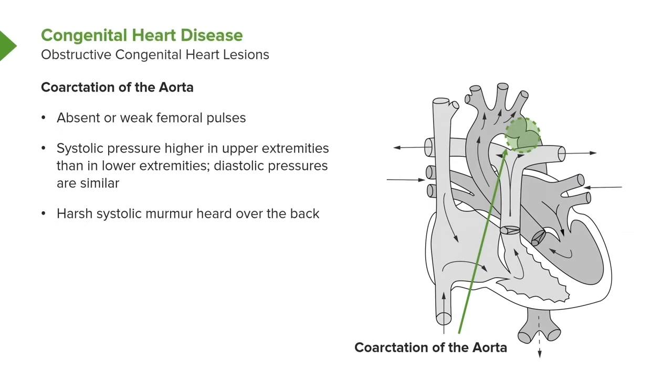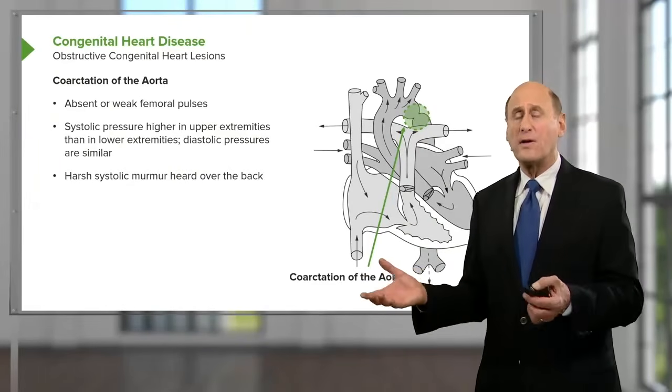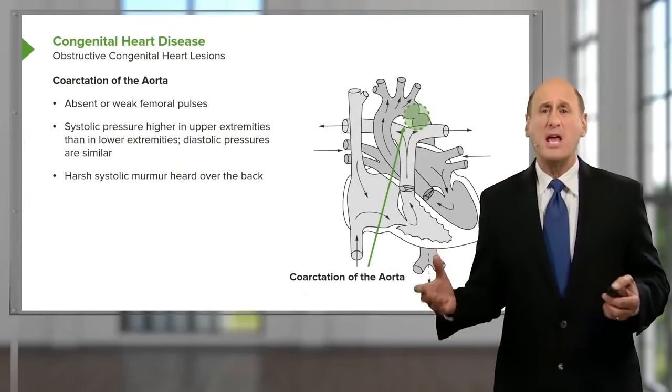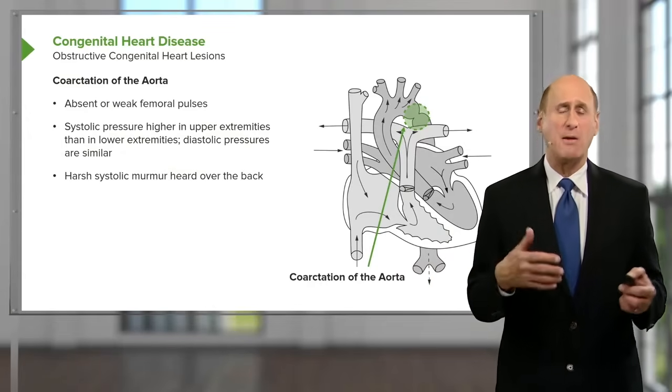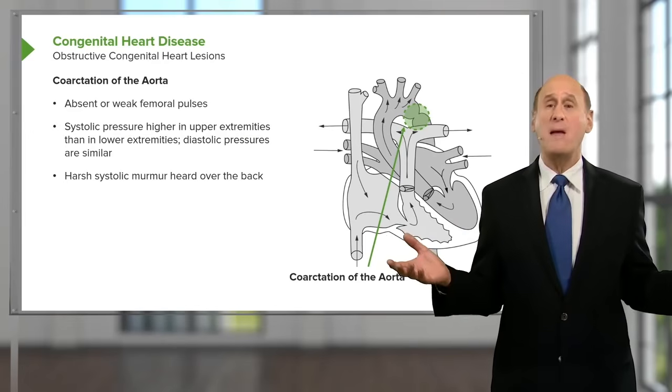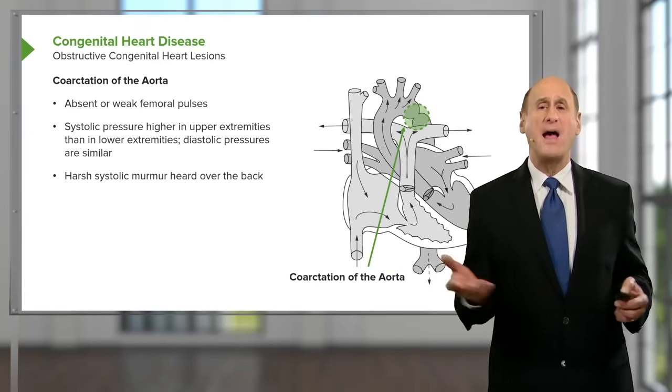So this may be missed by the doctors because we usually take the blood pressure on the arm. So the blood pressure might be a little elevated, but often you don't take the blood pressure in little kids, and they can have fairly normal development. I've even seen patients get into teenage years or even older when suddenly the heart began to have trouble keeping up with this increased workload. Patients may have been a little short of breath, they may have been a little fatigued, or they may be without symptoms, but it was picked up, as I'm going to show you in a moment, by a characteristic finding